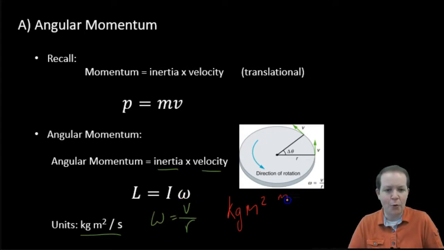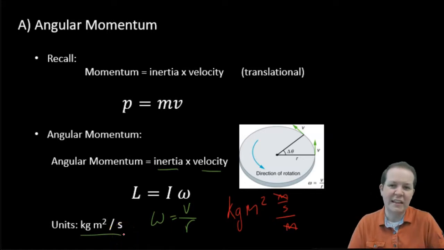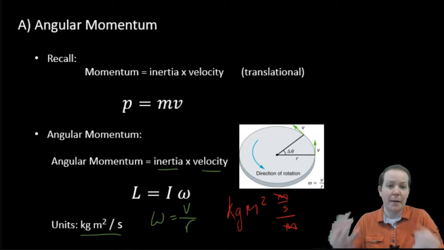Well, that must be m over s divided by r, that'd be something in meters. So these meters cancel out. I still have a meter squared, and then I divide by a second. That's where that's actually coming from. Kilogram, meter squared, and then this would lead to a divide by s. Again, not really super important, but there is a basic equation for angular momentum based on the inertia of the